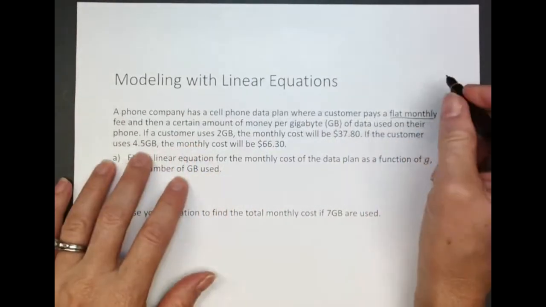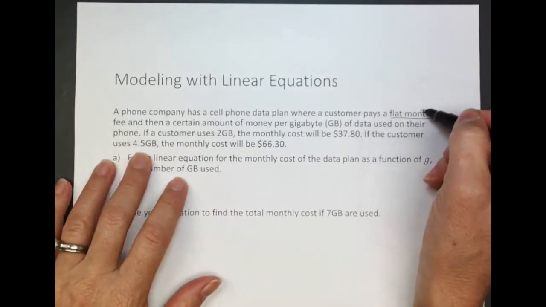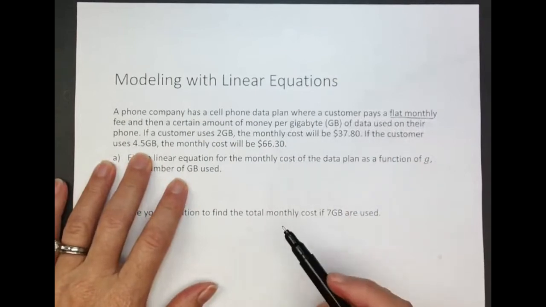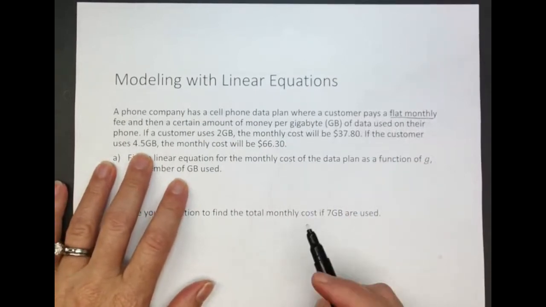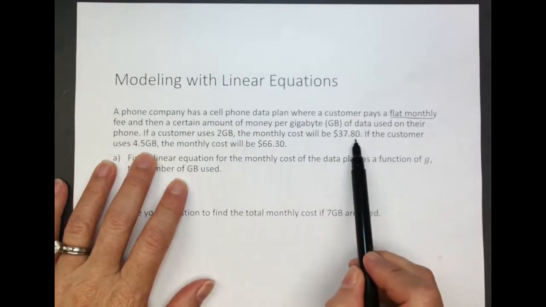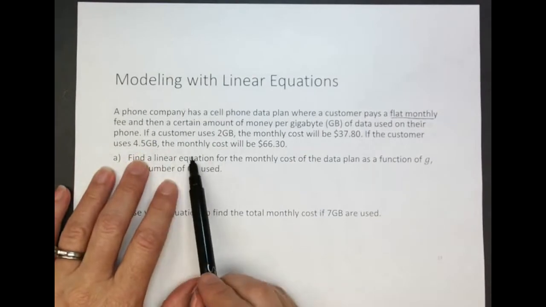So that's telling us there's a fixed amount they have to pay even if they don't use the phone, but then there's also an amount that changes based on how much data is used. If a customer uses 2 gigabytes, the monthly cost will be $37.80. If the customer uses 4.5 gigabytes, the monthly cost will be